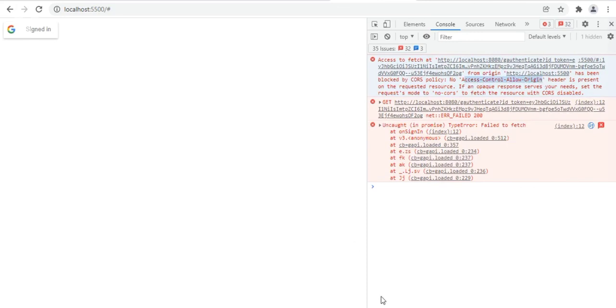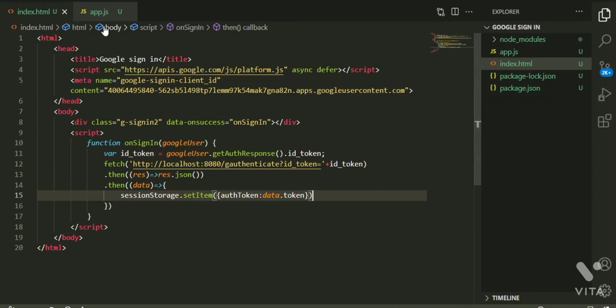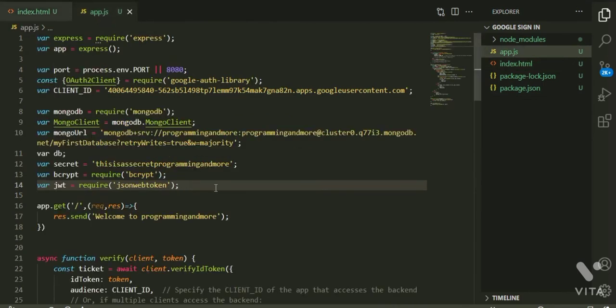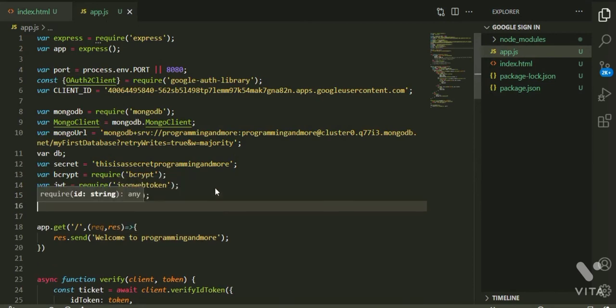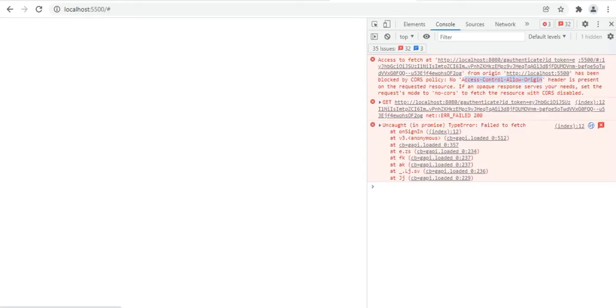Okay, we have to use one package called CORS. So let us do that. Where cors equals require. I'm not installing the packages because I have already installed them in the beginning. Please install all of the packages while importing them into the app.js file.